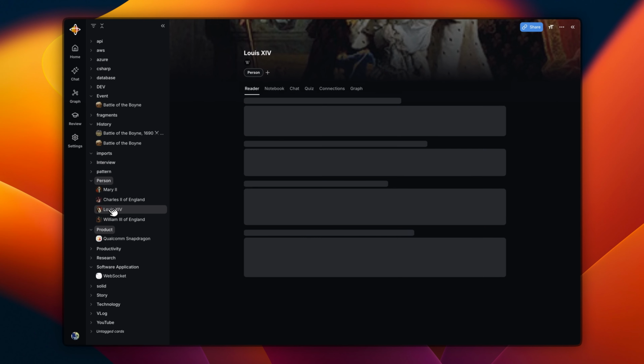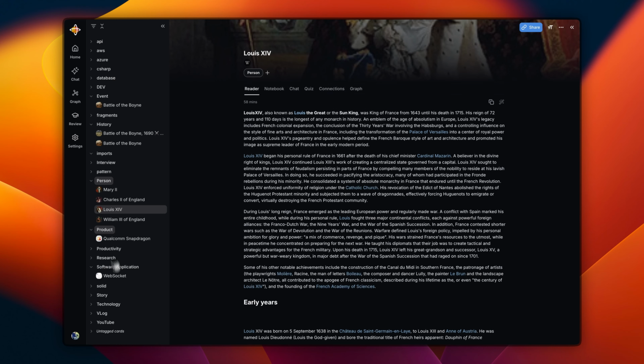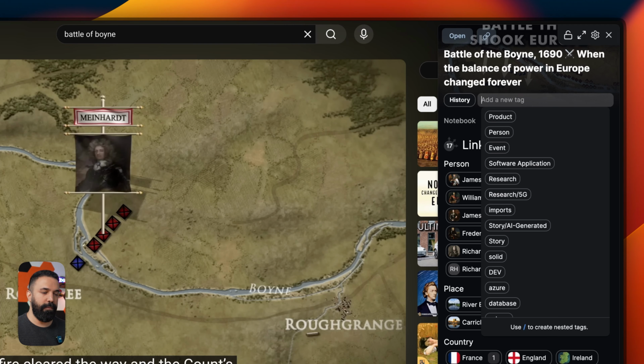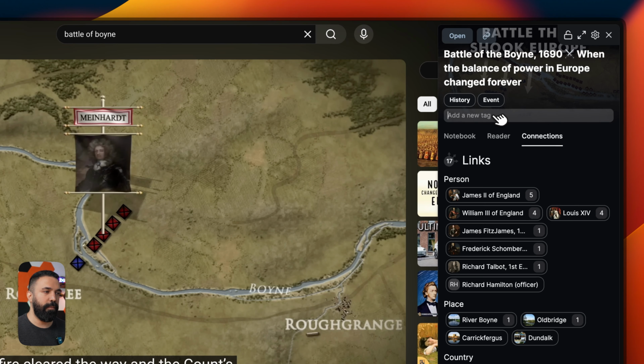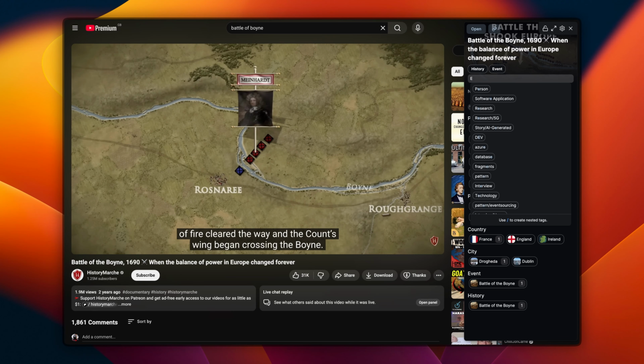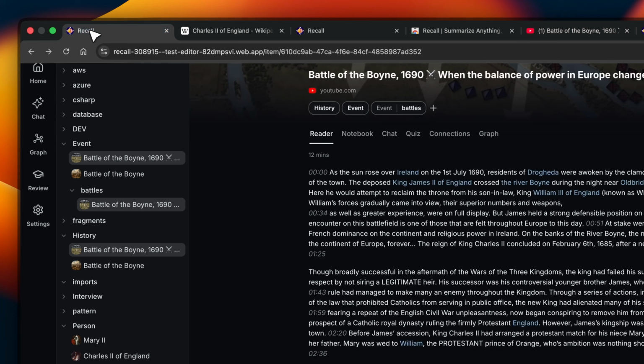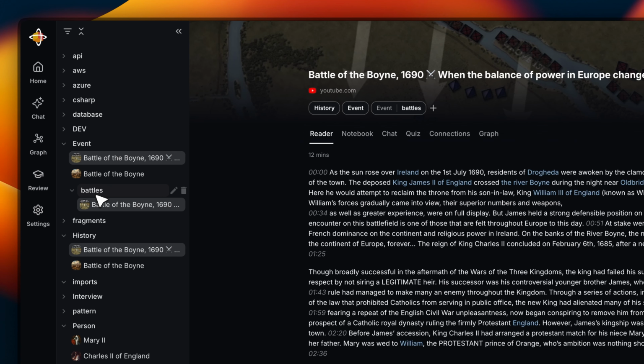And it automatically puts it in the correct context here. Using the browser, you can also manage your categories. For example, this is automatically stored in history, as you saw, right? Let's say we want to add it to the events. Then I can just type events. I can also put it in sub tags using /events/battles. And then if I go back to my Recall again, I should be able to see this subcategory